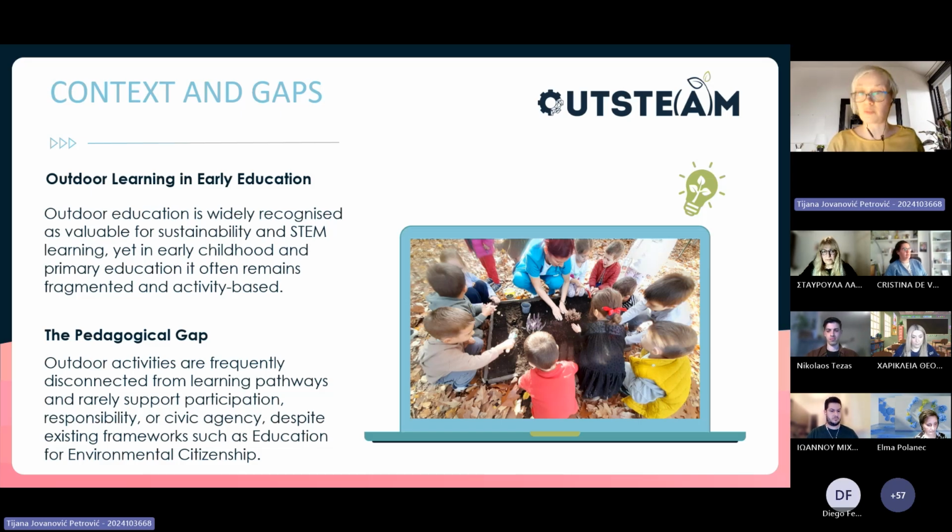That's another gap, that outdoor experiences are not linked over time across age groups and to broader educational values. And what is missing is not the space or motivation, but a clear pedagogical framework that would transform outdoor play into meaningful learning paths.